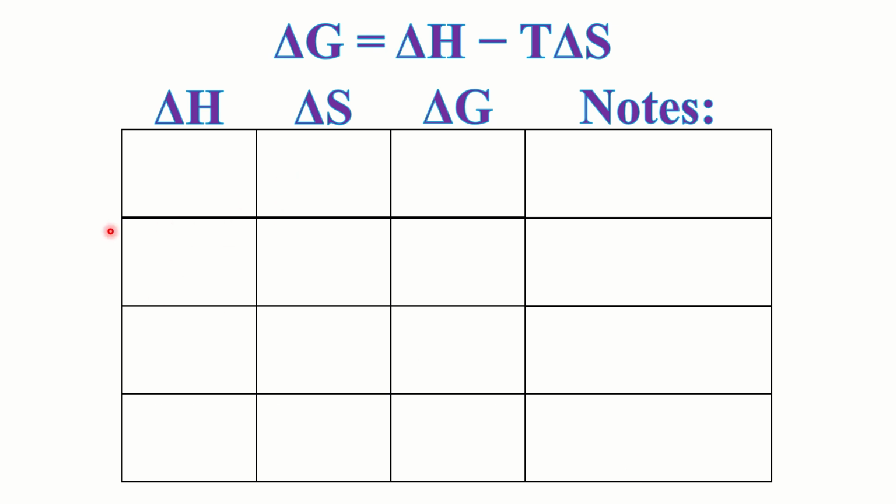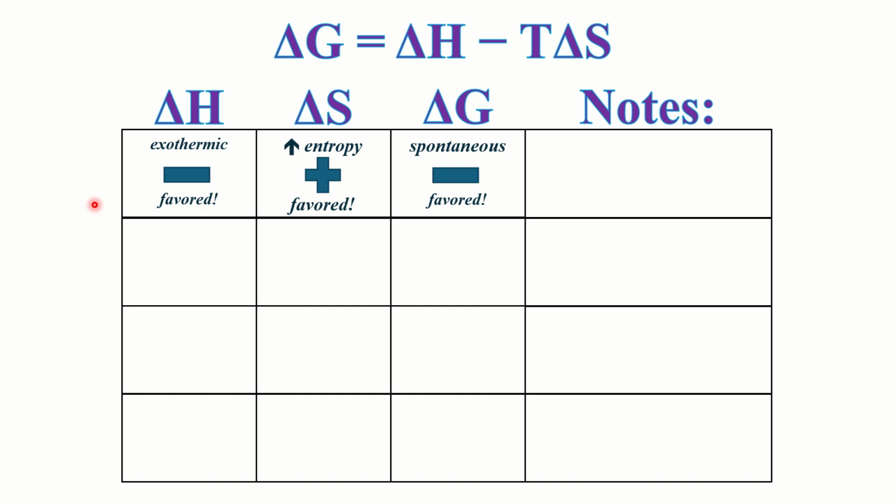All right, and this table summarizes these three variables and their relationship to one another. And so what can be helpful here, and what you may be asked to do, is predict the spontaneity of a process purely based on the sign of delta H and delta S, but not given any actual values. So there are 4 different scenarios. If you have a reaction that is exothermic, and so it has a negative delta H, and it results in an increase in entropy, so a